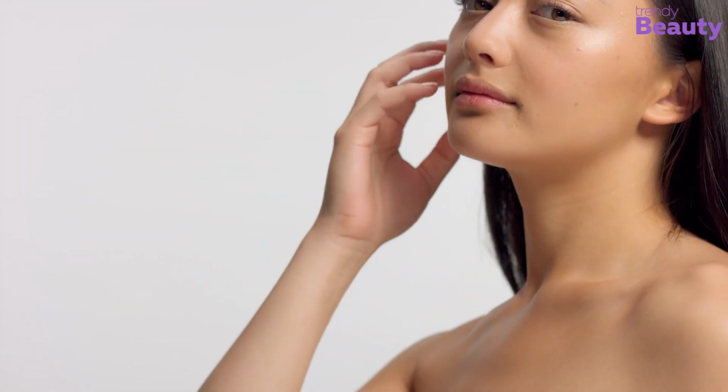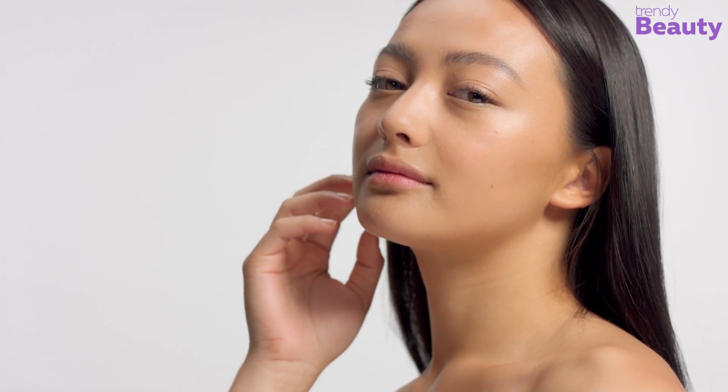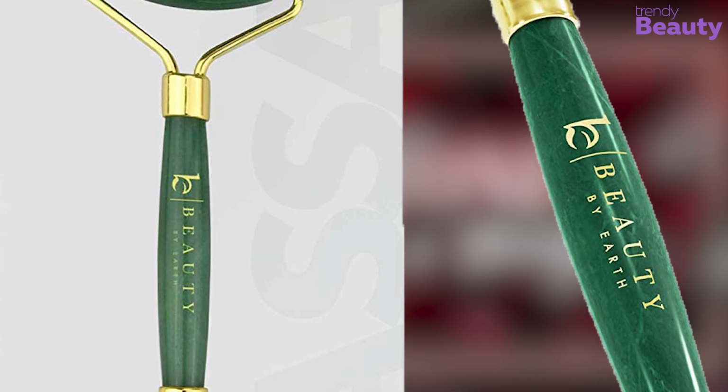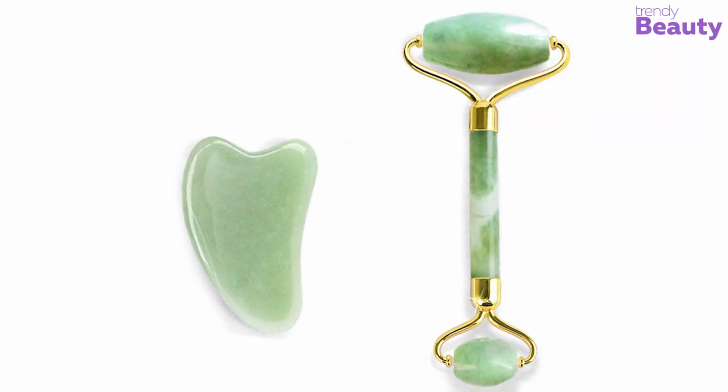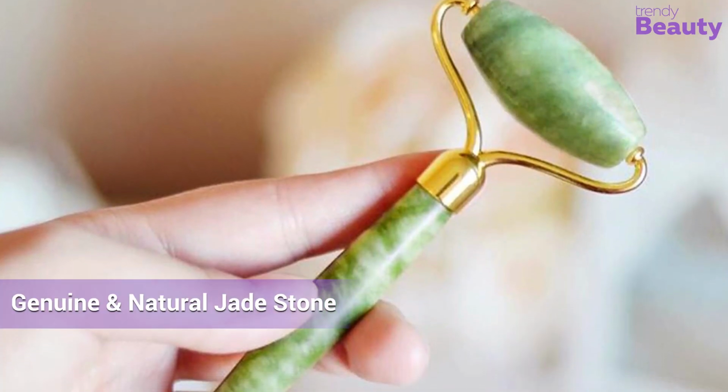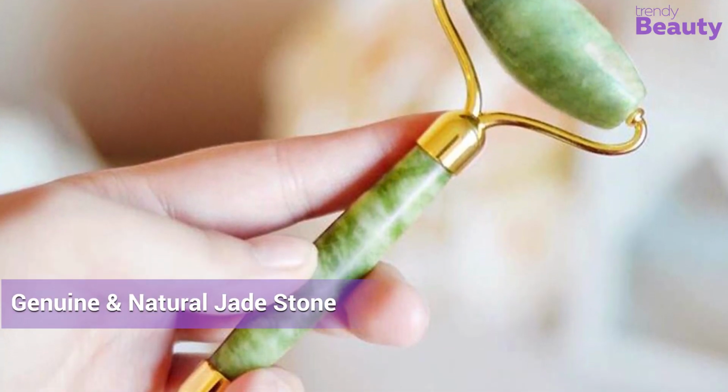If you are looking for a secret weapon that will make your skin brighter, tighter, and much more youthful, the Roselynboutique Jade Roller is a miracle for you. This self-pampering tool is the best new addition to your skincare routine. It is handcrafted from genuine and natural jade stones that help to stimulate circulation and aid lymphatic drainage, which can